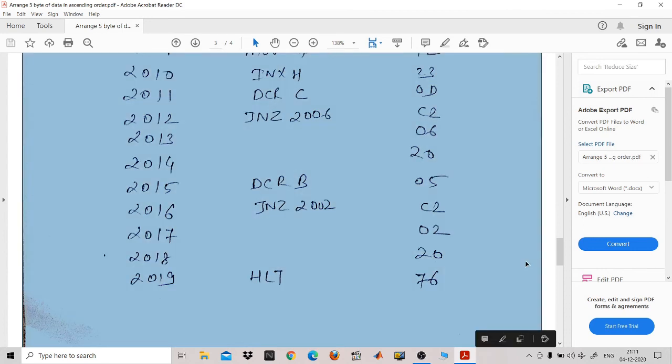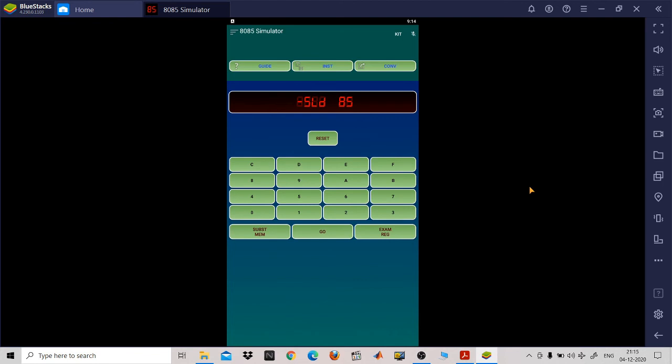Now after drawing the opcode table, we will store all the instructions in our 8085 simulator from the address 2000 hex. In the 8085 simulator we are going to store the program and the input variables.